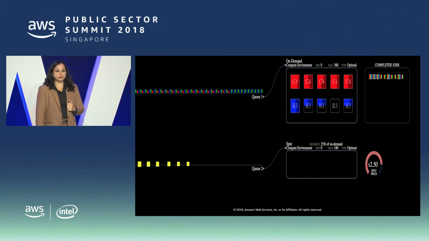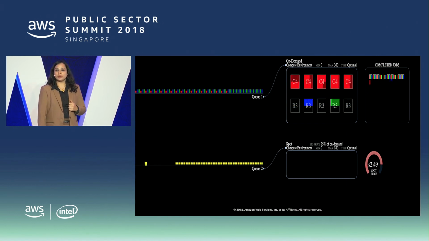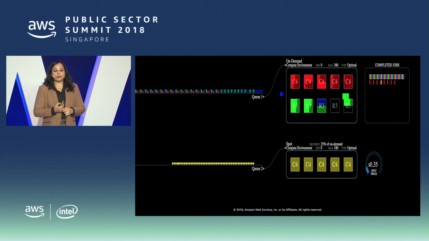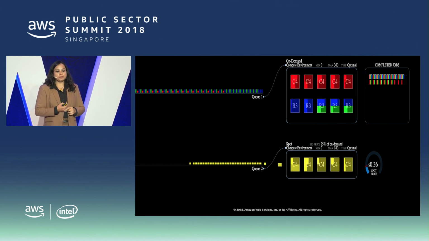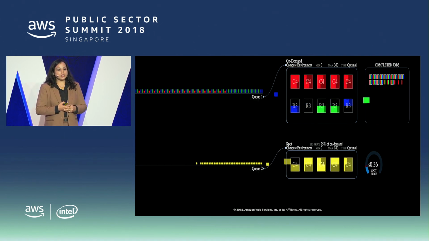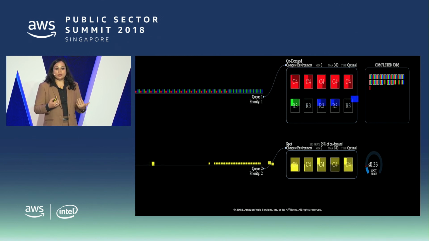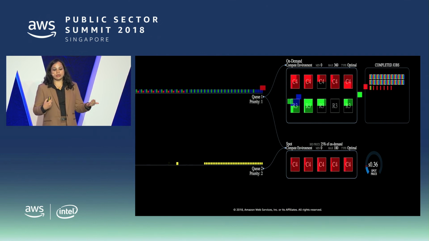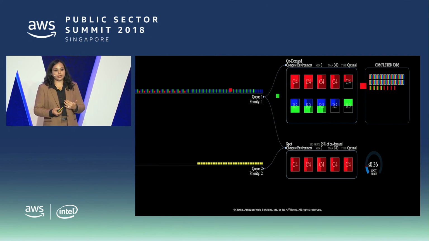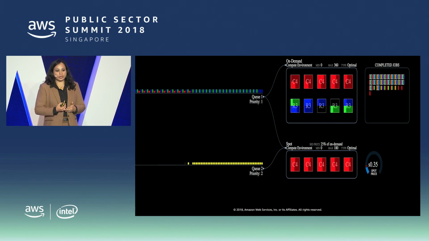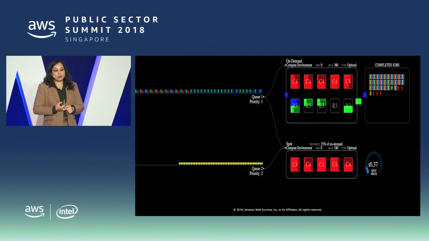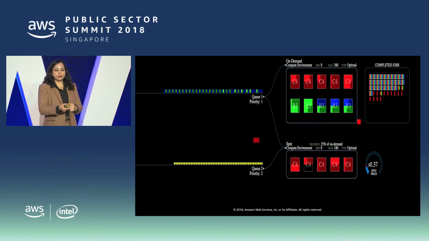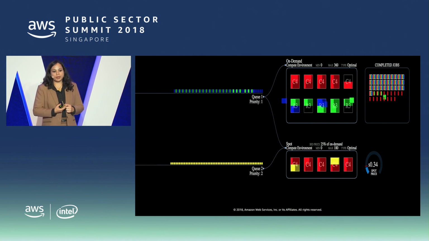At the same time, there is a compute environment for spot instances. Low priority tasks are being added to Q2. It is observing a bid price of less than 25% of on-demand. So you see that the low priority tasks are getting executed in the spot environment. Now it looks counterintuitive when you have the low-cost spot instances running, so it pulls the compute-intensive tasks from the higher priority queue and delivers them to the spot environment. As the spot environment completes the tasks, all the red tasks are getting completed, and you will notice that the yellow tasks from lower priority are getting picked up.